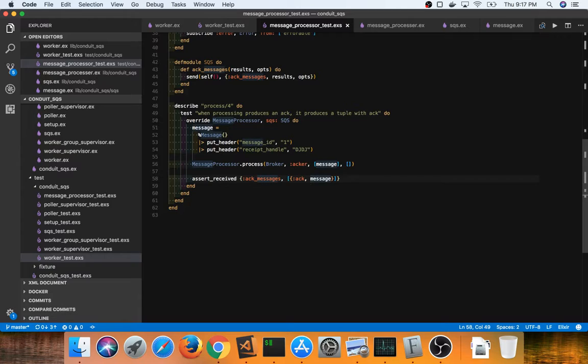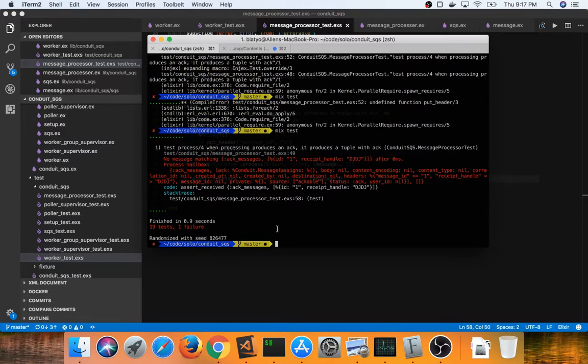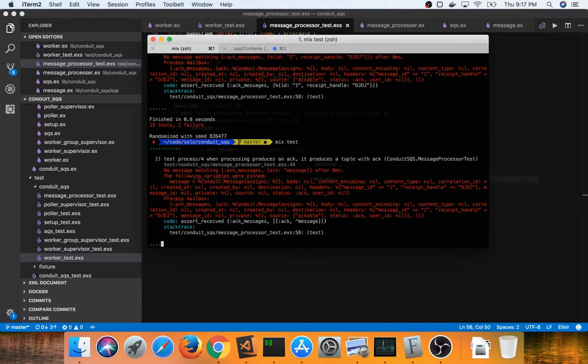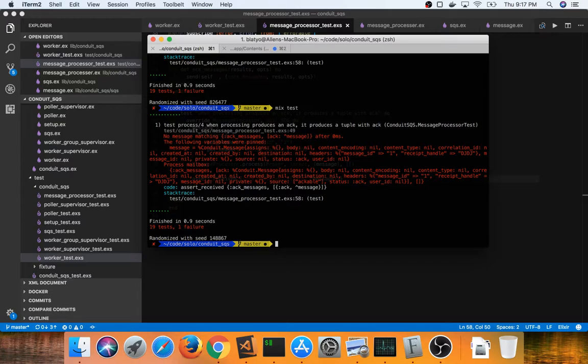And we want to pin that since we're doing a pattern match inside of assert received. Okay. So that's it match, and the reason is because